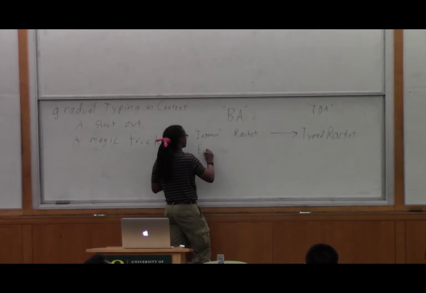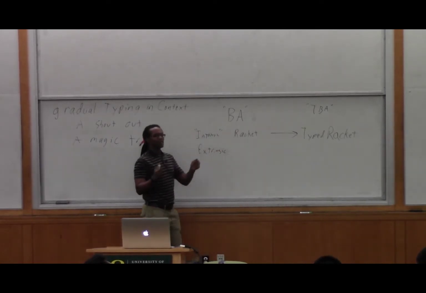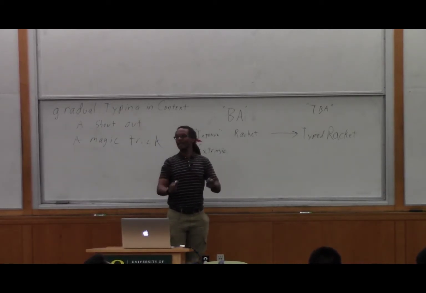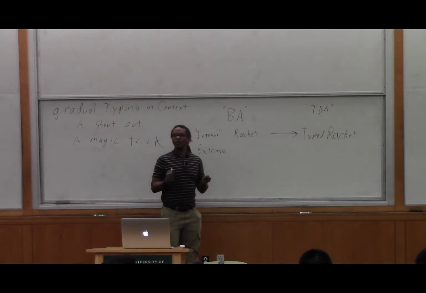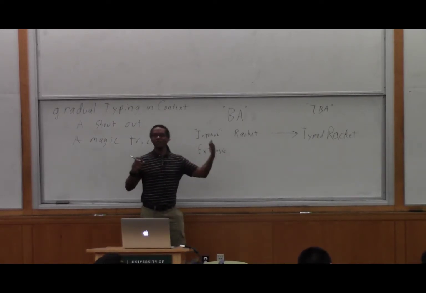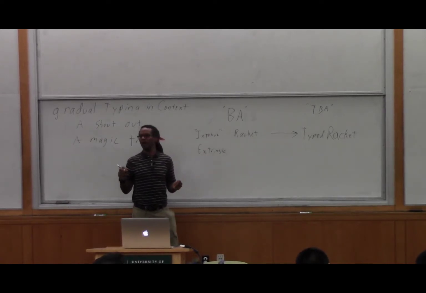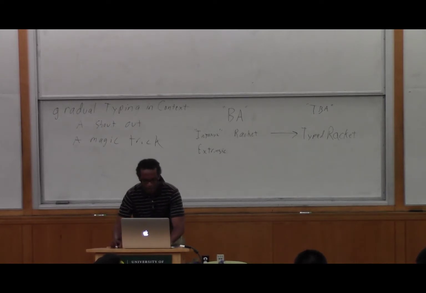And then there's extrinsic, which is in many ways, I would describe it as focusing on the static type discipline as a static analysis of your program, and having to deal with the fact that it's really hard to analyze these programs, and you may not even be able to guarantee that if your program passes a type checker, that it will satisfy, it's not necessarily sound with respect to the semantic type system that you had in mind. There's a classic example of this that I might be able to